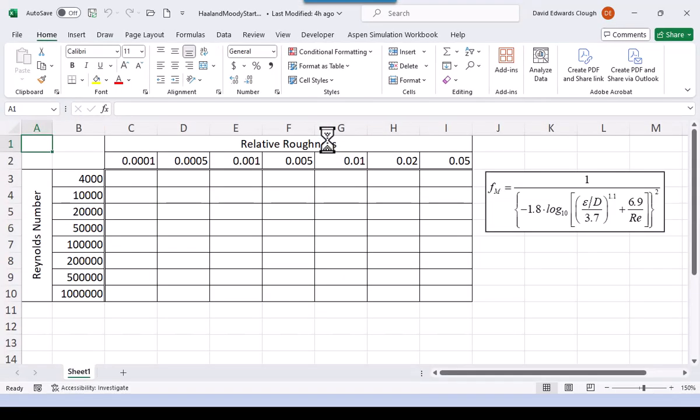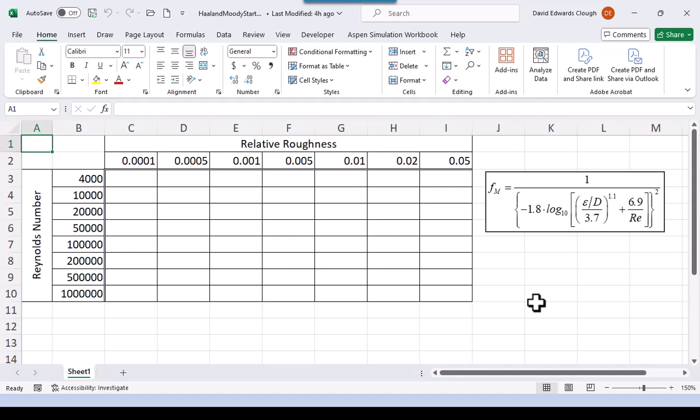And the reason you can see for this is that we set up some additional numbers on this worksheet, and we didn't want to take the time to do all of that now during the screencast. So what we've got are a series of columns which are labeled relative roughness and a series of rows which are labeled Reynolds number. And this is for the use of a formula called the Holland formula to compute the friction factor for flow in pipes,